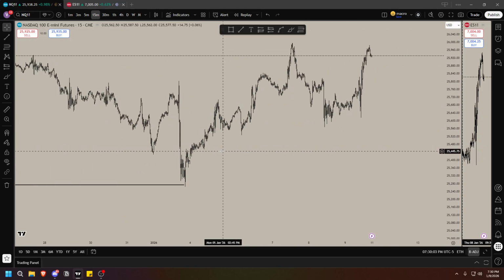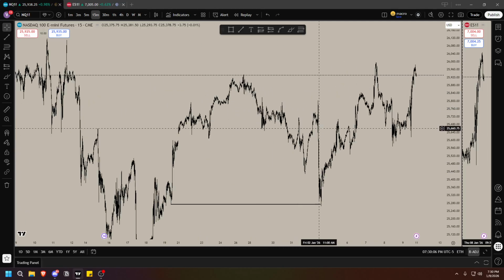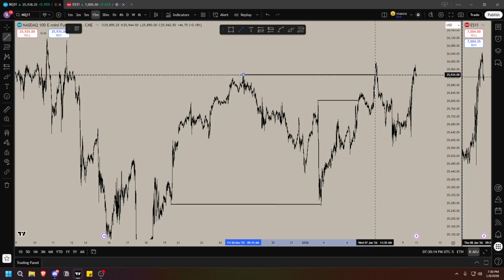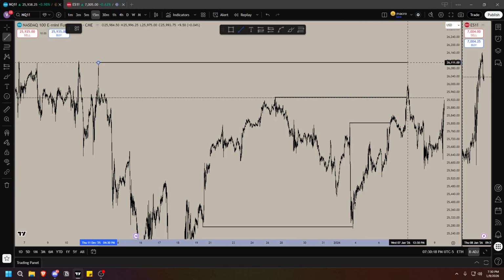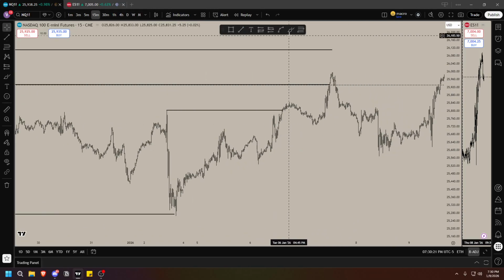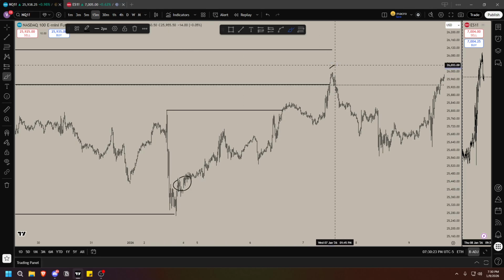15 minutes, same thing. Week opens, and we've just been straight up pumping, taking out our DOLs here. Let me mark it out properly. You have it here, you have it here, and ES swept previous month high at the same time here. So we have low of the week here, and you have high of the week here.